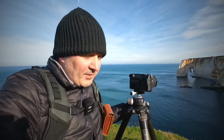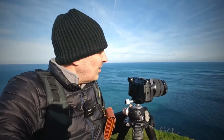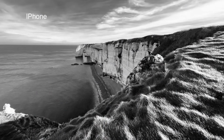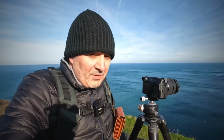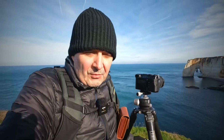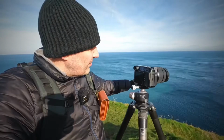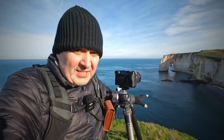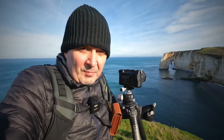Got the camera set up in the standard 4:3 aspect ratio horizontal composition, out at about 40mm, and I'm actually shooting bracketed here. I know the medium format is incredible, or apparently incredible, at recovering shadows and highlights, but given the fact that I'm still quite novice with this, I'm hedging my bet somewhat, so shooting 3 exposures, avoiding any of the brightly lit grass. I probably could get away with a 16:9, and I might actually throw this into a 16:9 aspect ratio